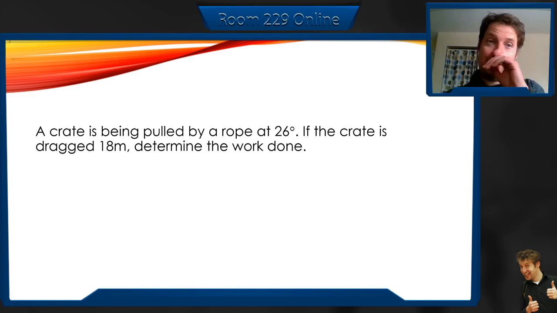Let's try an example here. A crate is being pulled by a rope at 26 degrees. It's dragged 18 meters. What's the work done? What's the force? Well, let's say the force is